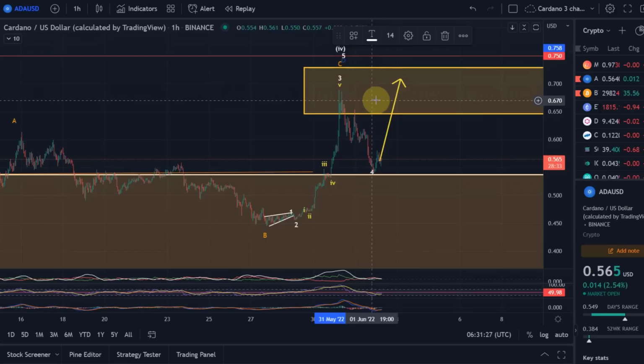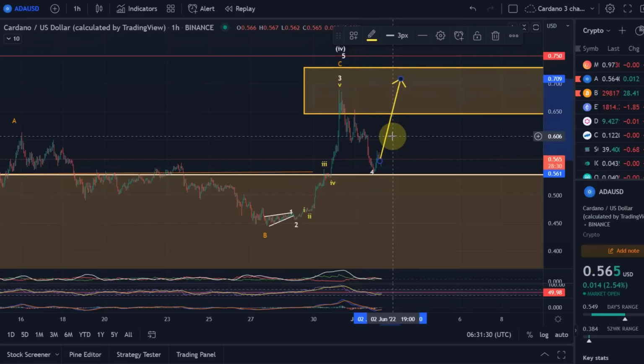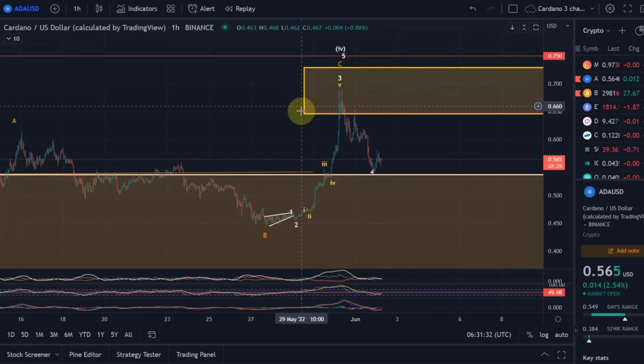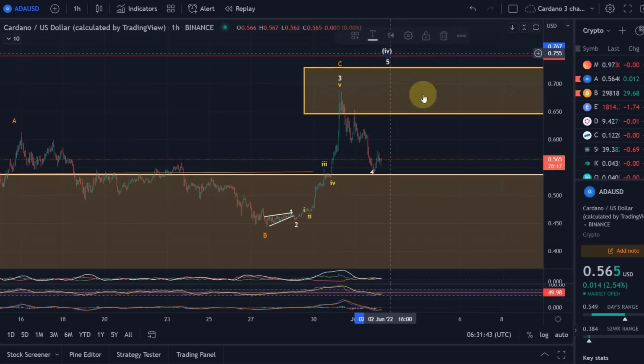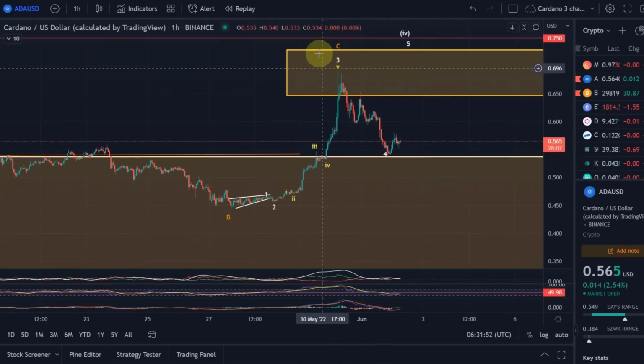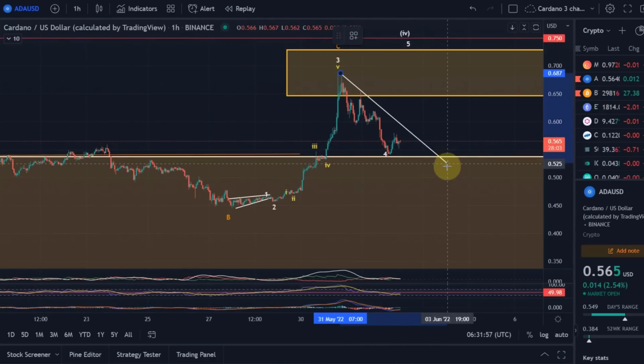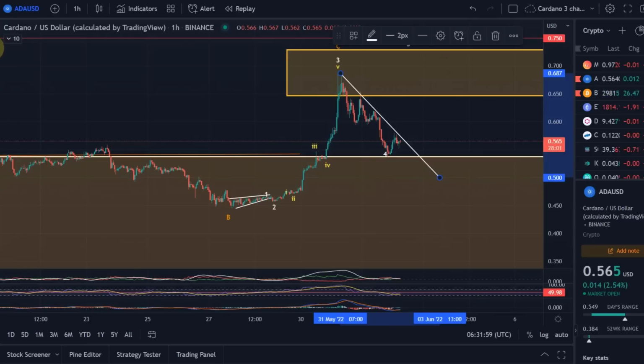This is currently what I'm leaning towards, actually, that this is already complete, the peak here, also because we reached here the target area of the wave 4, and then coupled with the view that we have come down here very impulsively. But it's not confirmed yet. But there are a few things that point us sort of in the direction that this in fact is an impulse. And the thing is, first of all, we can draw a nice channel here to the downside, an impulsive channel.